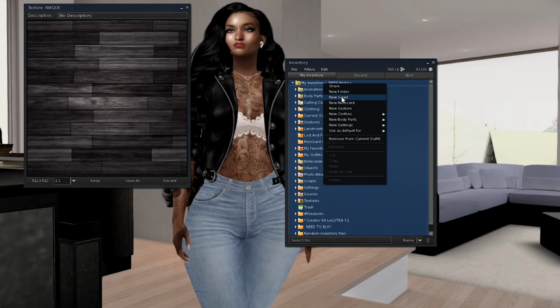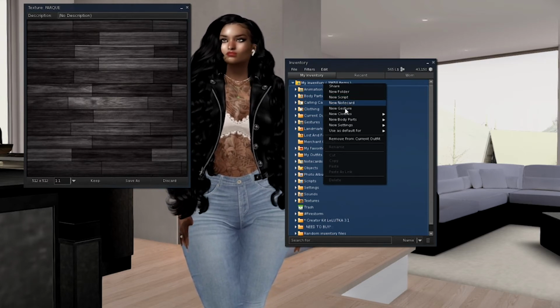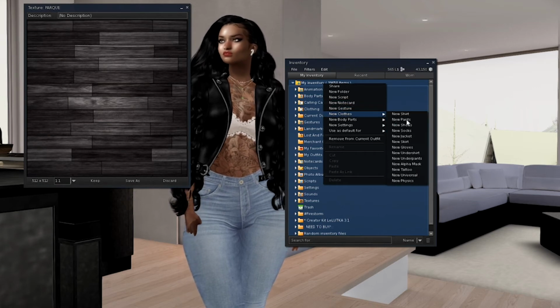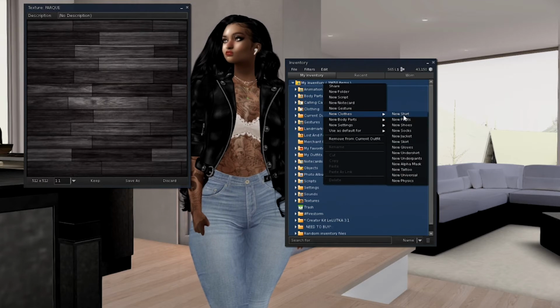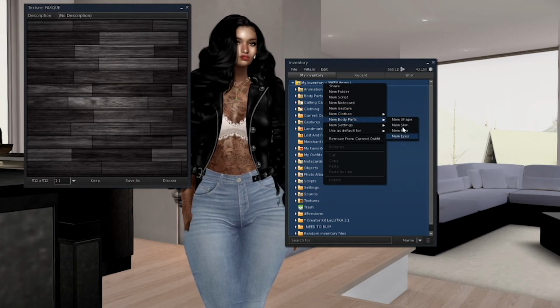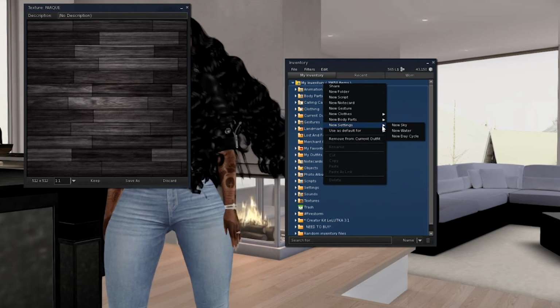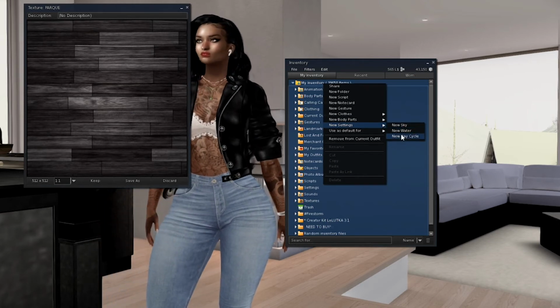New script, you can create a new script. You create a new note card, new gesture, new clothing. Here are all the different clothing you create. New body parts. New settings. So this is sky, water, and day cycle settings.